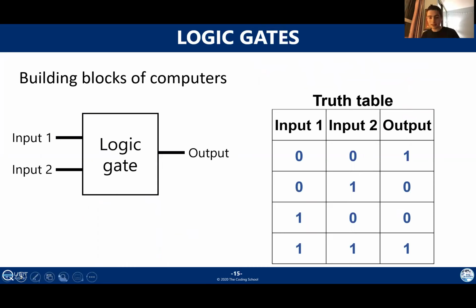Here's an example of what that might look like. Notice that this table is way shorter than the one that I just drew. And the reason is that each input can only be 0 or 1. And so every possible combination of zeros and ones in the input only actually requires these 4 rows. That covers everything that could be plugged into a logic gate. In the output column, we just list out what binary number this gate will output at the end of the computation. So let's go ahead and look at some concrete examples of this.